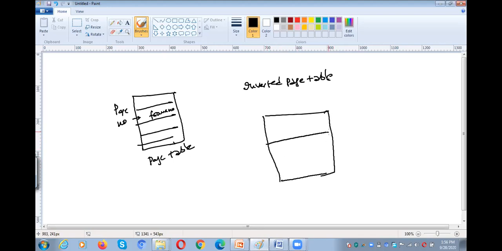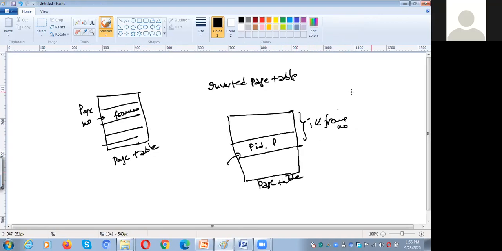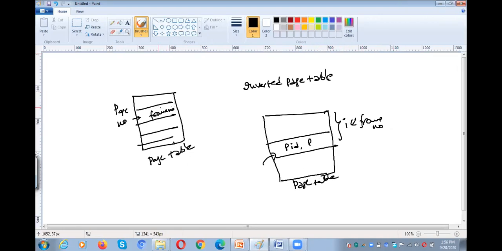We need to give the process ID as well as the page number. We need to keep this in the page table, and in the outer part we represent the frame number. The frame number is outside, and the process ID and page number are inside the page table. That is the reason why it is called an inverted page table.